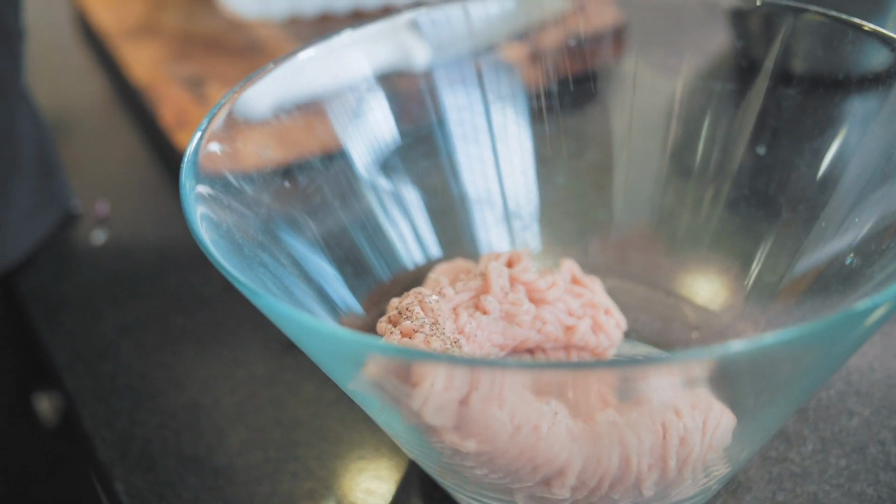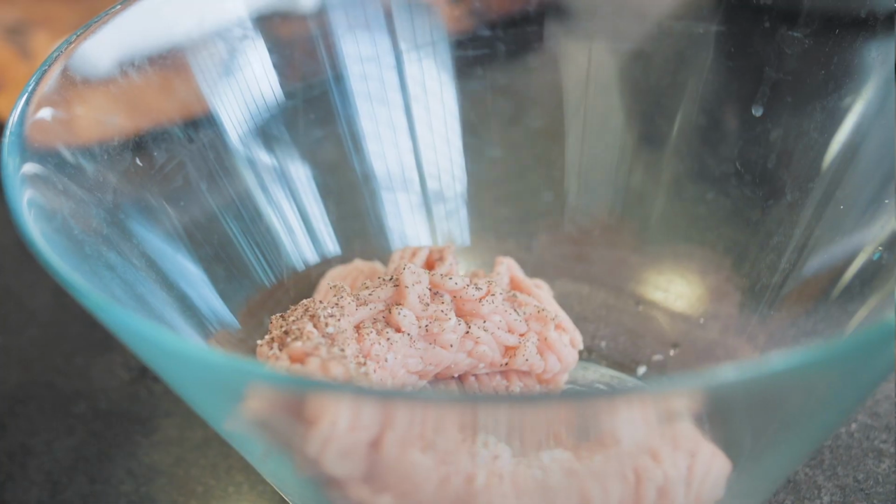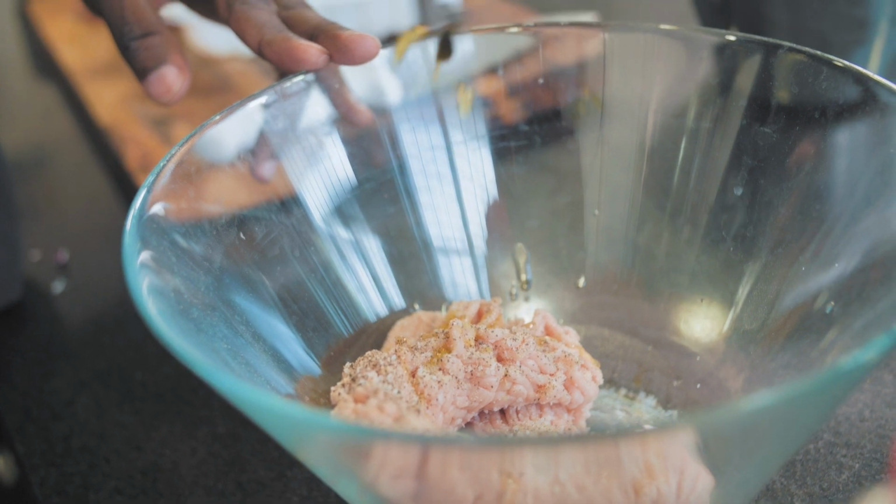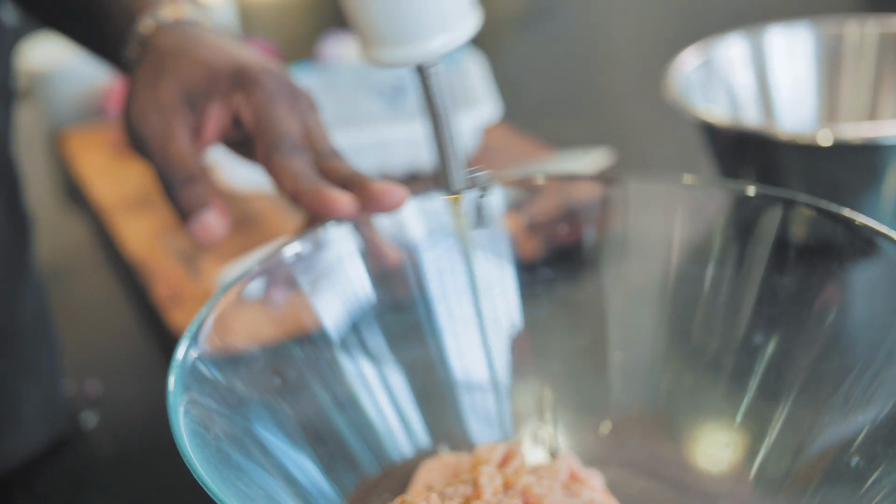So I'm gonna use ground chicken for this. Ground chicken right into a bowl. Let's season our ground chicken, real simple. Got some pepper, some salt, a little bit of garlic powder. And to make sure nothing sticks or burns and give us good flavor, we'll do a little bit of olive